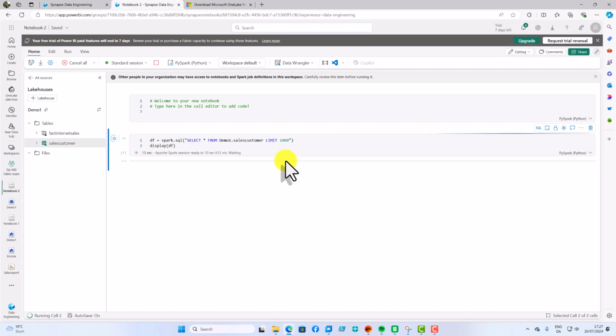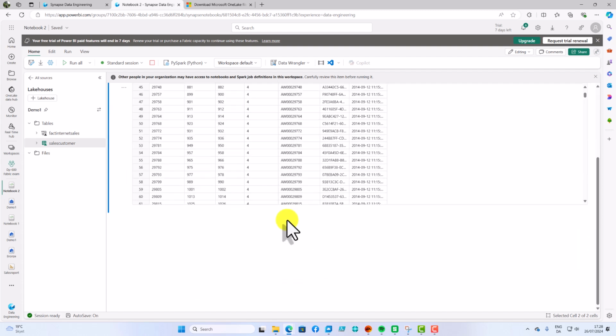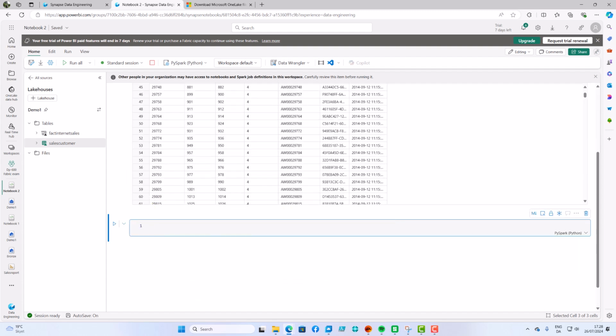I don't care how it works beneath in the Fabric engine. For now, I just uploaded a file, and now I'm actually doing analysis on this. And now you can see, I have the table with all my data, and I can do whatever analysis I want to do. I click Code.